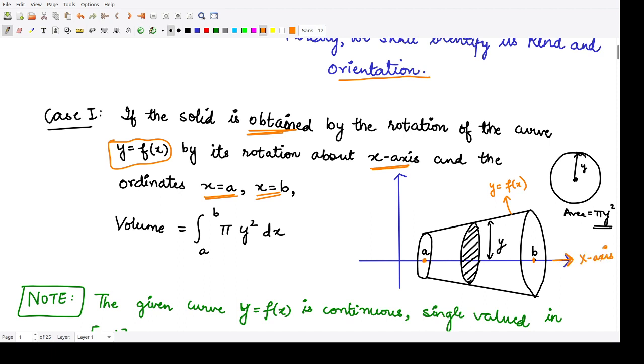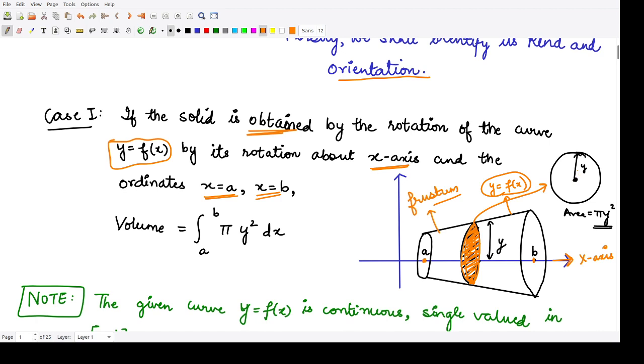Now they are asking what is the volume of this solid obtained by rotating this curve y is equal to f of x about x-axis. Clearly this is a frustum shaped solid. So here, what is the volume? The volume is obtained when you calculate the areas of all the discs of this kind, right? So you cut this frustum and you obtain the cross section area of this particular region. What is this area? This is nothing but this circle.